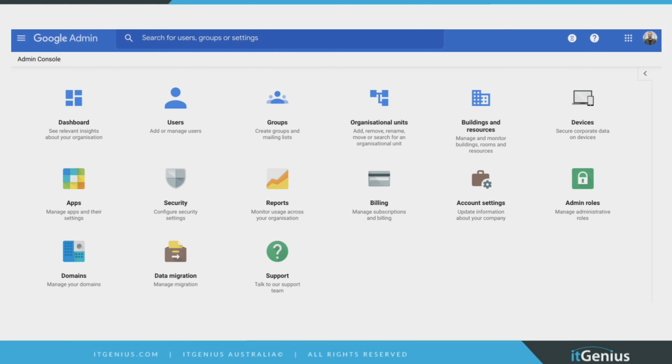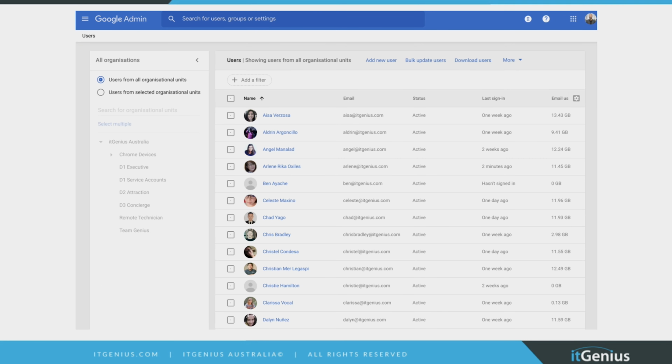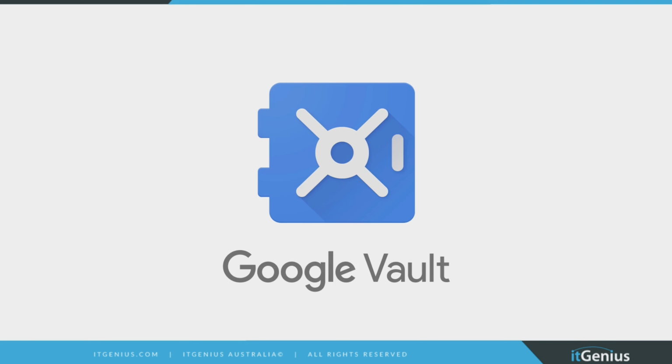So every admin has access to the admin panel of what was G Suite and is now Google Workspace. This is basically the place that you go to manage everything to do with the account. You can see there's options there for adding users, managing groups, and creating the settings for different devices. You can also do things like upload your logo, so when you're using Gmail, everyone has the same logo there. And here is the user menu, where someone can add and remove users, change passwords, reset passwords, and update any of the user accounts inside an organization.